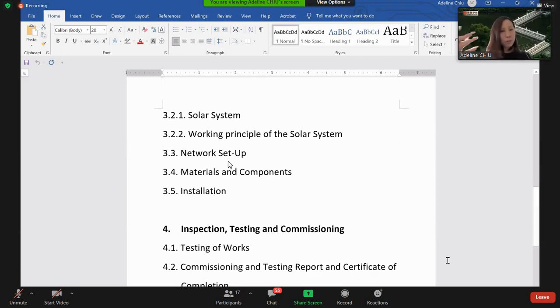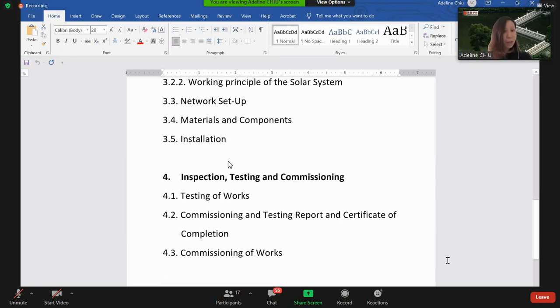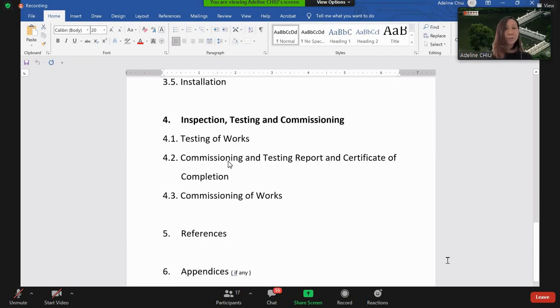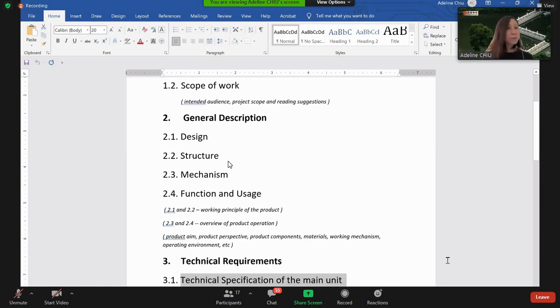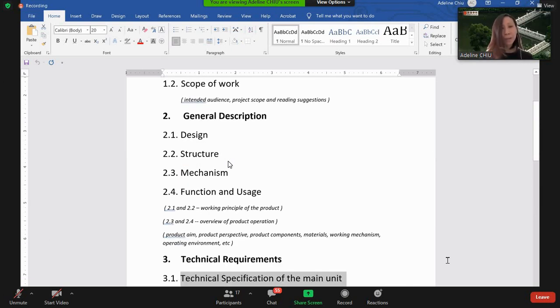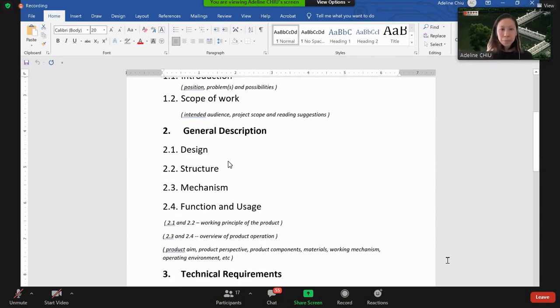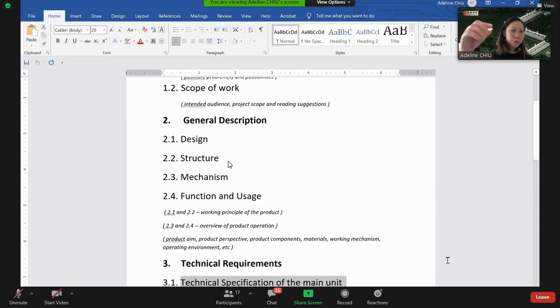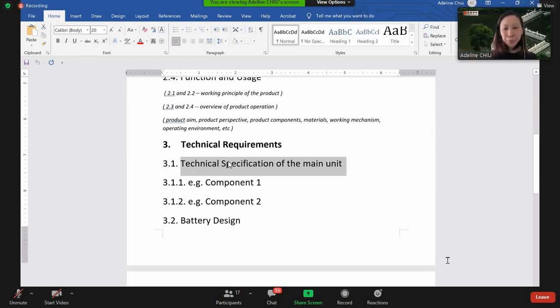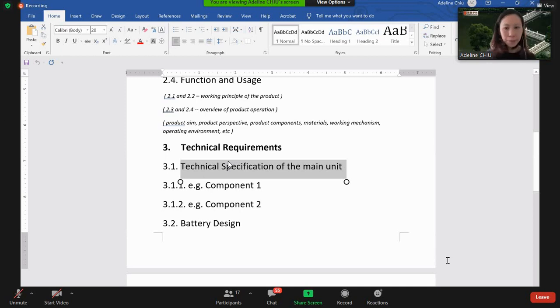Say installation, they got it right, and then the testing part, mechanisms, and so on and so forth. So you got the general descriptions, part by part descriptions, everything is clearly defined. Follow-up questions? Yes, no? If no, we move on to the last part